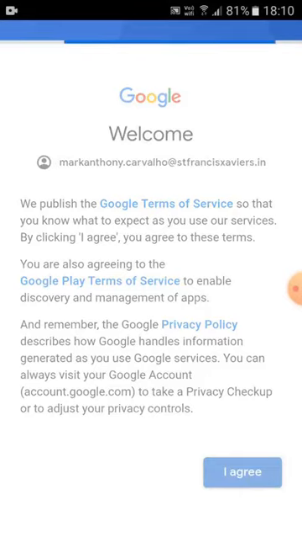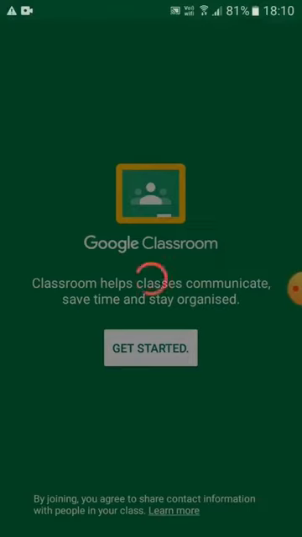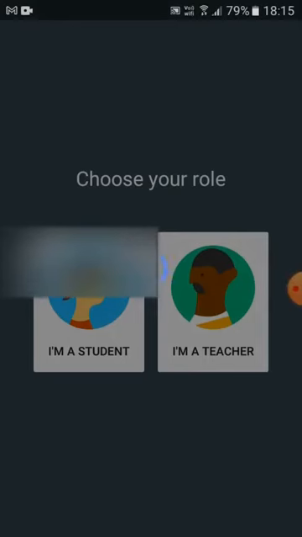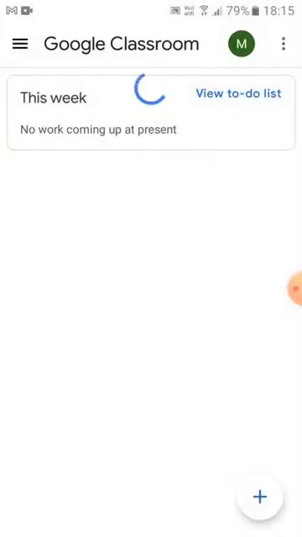Now we are almost at the end of the process. Now choose your role. Now you are a student, so you have to choose I am a student. Wait for it, and your Google Classroom is open.